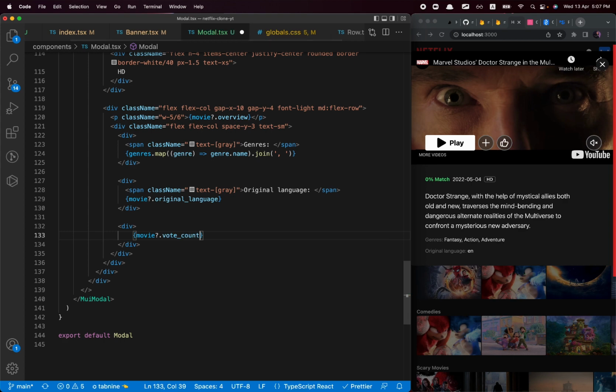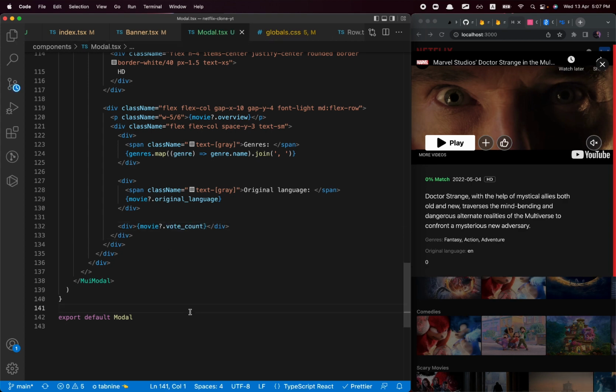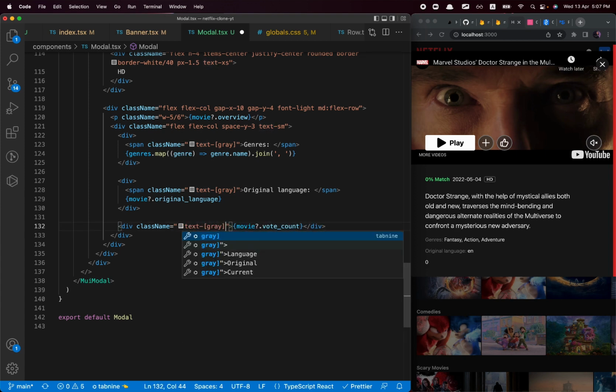And these are some just random values I'm putting in here. If you want to put some other values, feel free to just put those values. And it's dynamic from the API, so remember it's going to be changing for every single movie. So these are some dynamic values, so we're not hard coding anything basically, and we're going to say text gray for this as well,